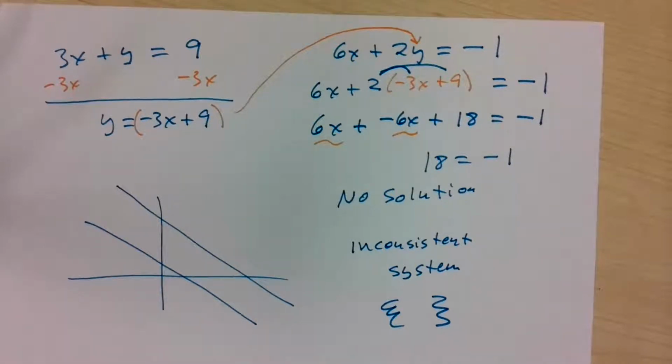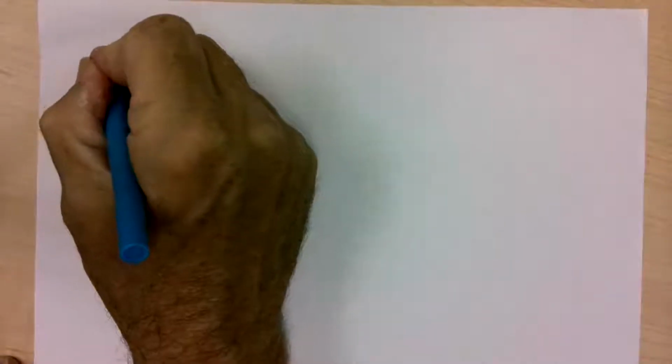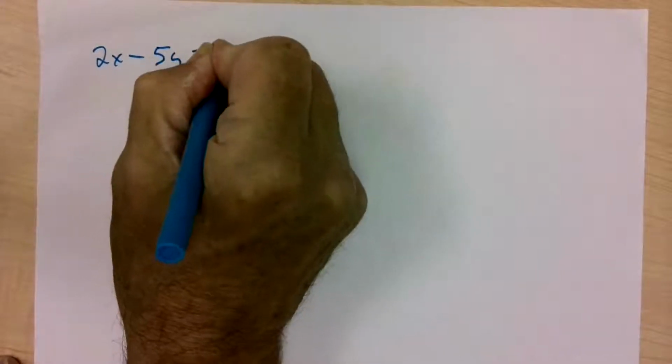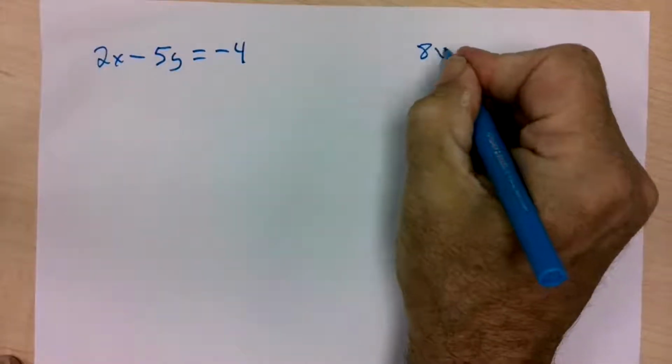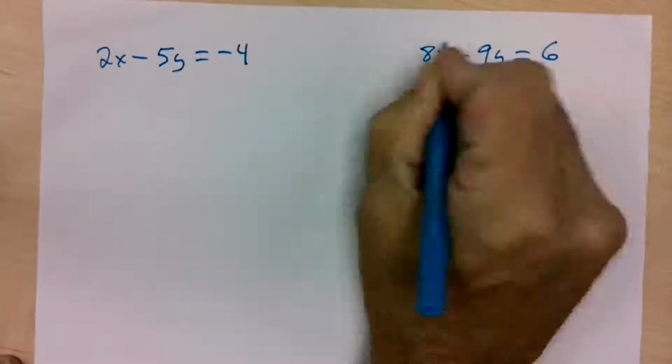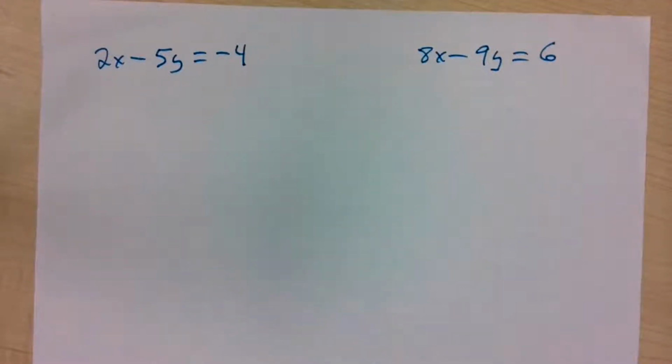All right, let's take a look at one last question here that is going to have some fractions, just to show you that it can be done, although it is not our favorite sort of strategy. So if I am working with 2x minus 5y equals negative 4, and I am working with 8x minus 9y is 6, none of the variables are easy to solve for, but 2x has the smallest coefficient, so I'll solve for that